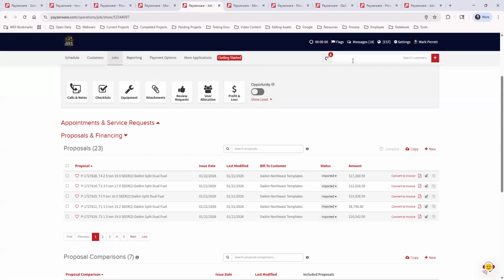And then to use this, if I wanted to use one of these proposals, here's what I recommend. A pro tip for using these templates is favorite the ones that you actually want to use. Maybe you don't sell one type of these systems at all or very often. So let's say that this Daikin split dual fuel, we're going to favorite that as a proposal. And if we wanted to, let's say we go to a new customer, we go to create a new proposal,